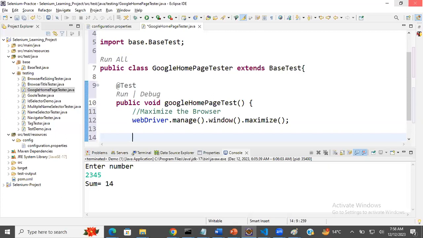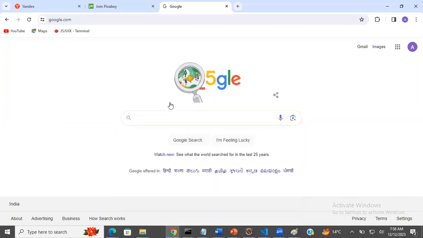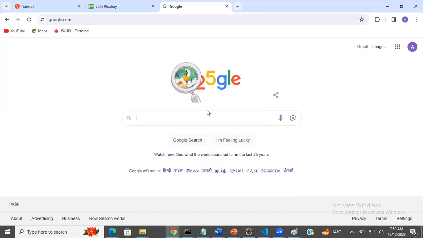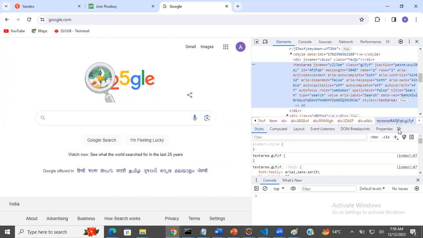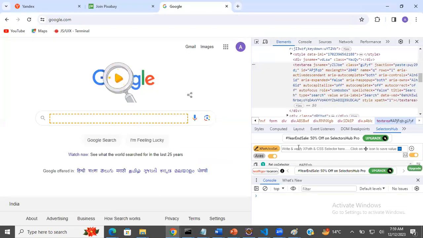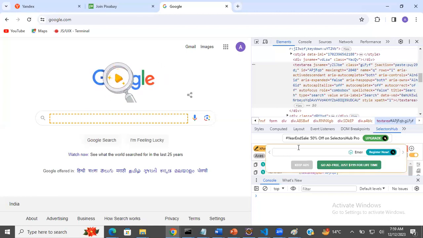Once the web page is loaded, what we need to do is find the search box first of all. How can we find this search box? We can inspect this element and write a selector. So here we can write an XPath to select that element. Go to SelectorsHub, and here we write the XPath. I need to select this input element, so I write //input, whose name attribute value contains